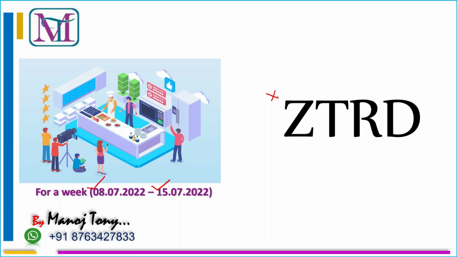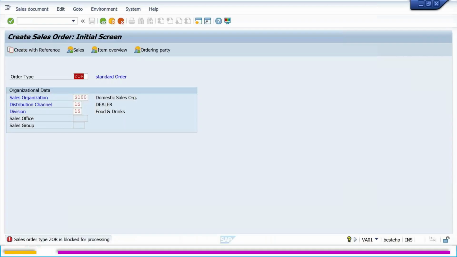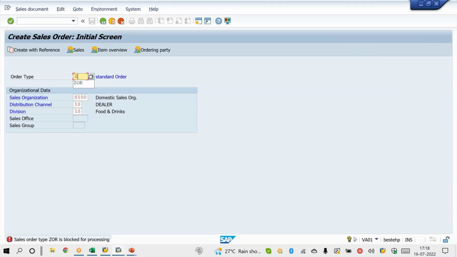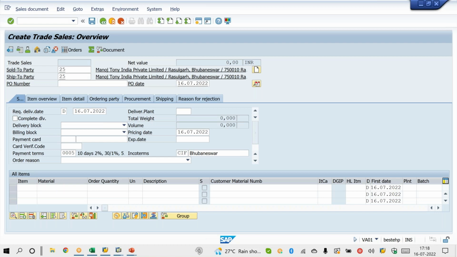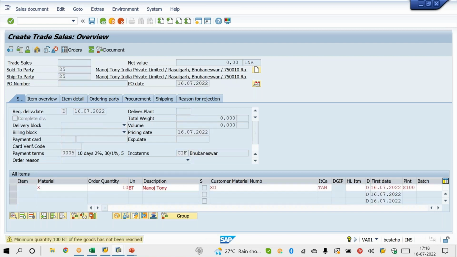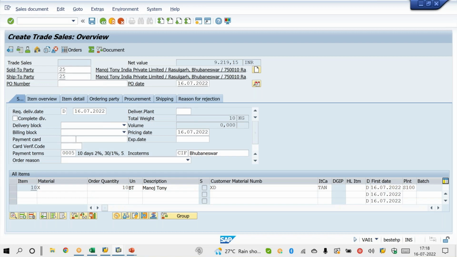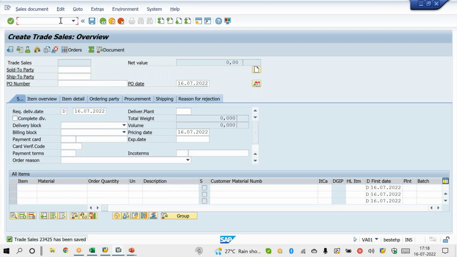Generally, in real-time projects, why do they use a separate sales document type for trade sales or any specific sales document type? For reporting purposes. So now I'll show you. I'll create one sales order for ZTRD, X material, enter, save. If you want to generate the report, the standard transaction code to generate the sales report is